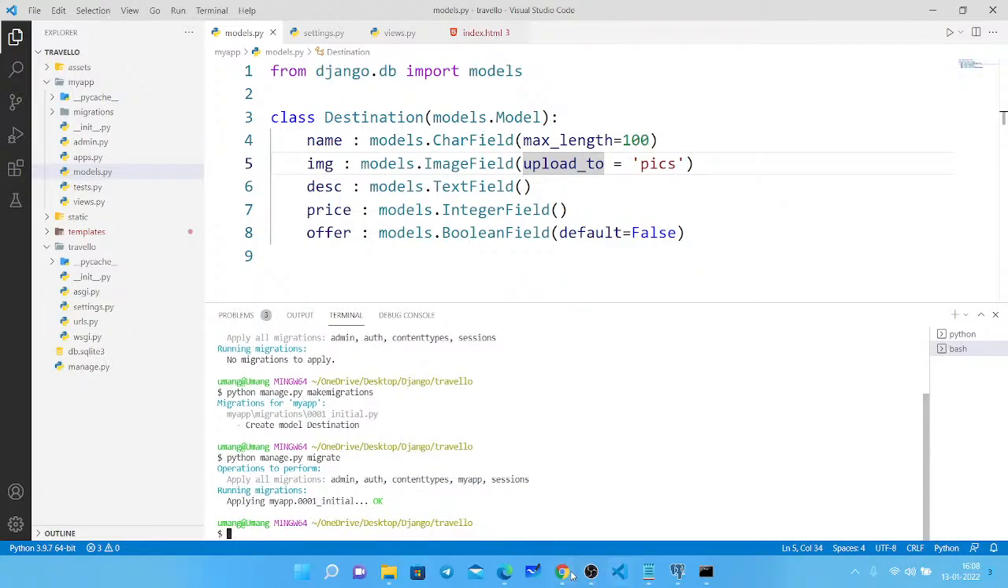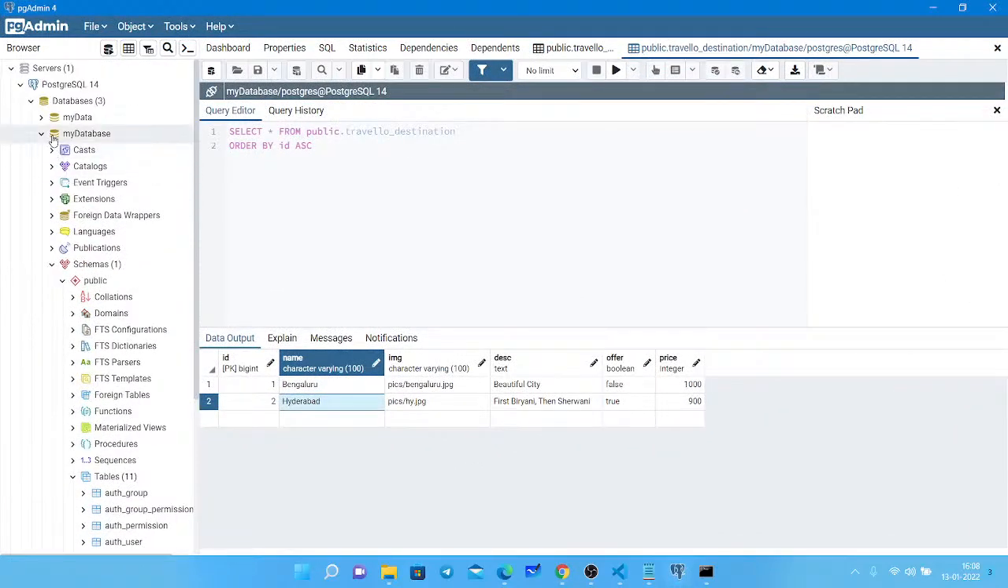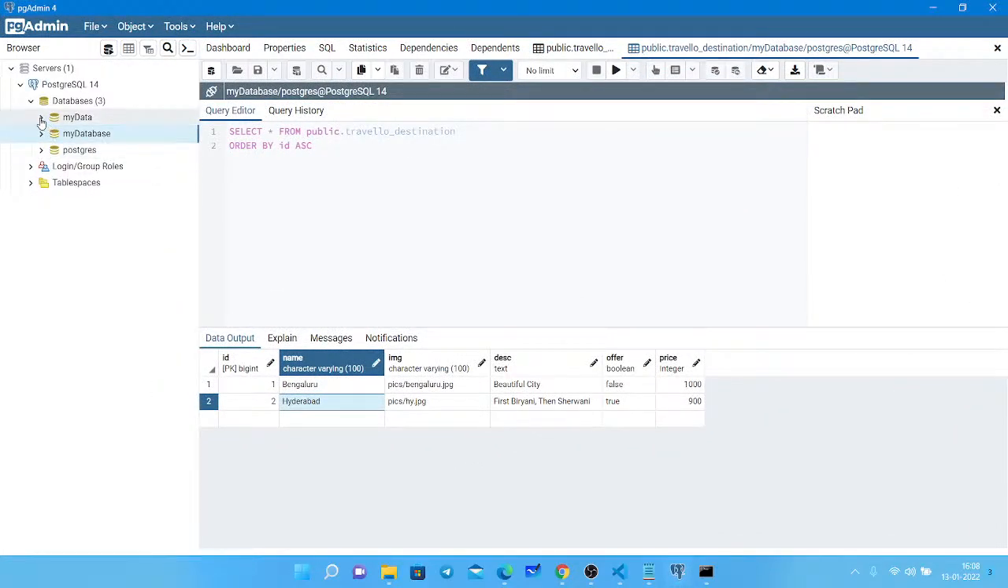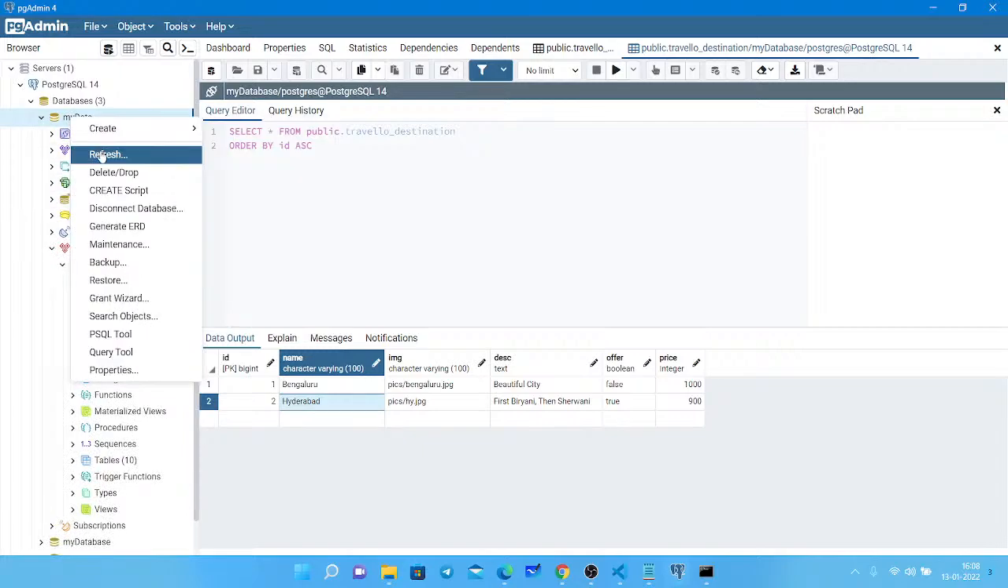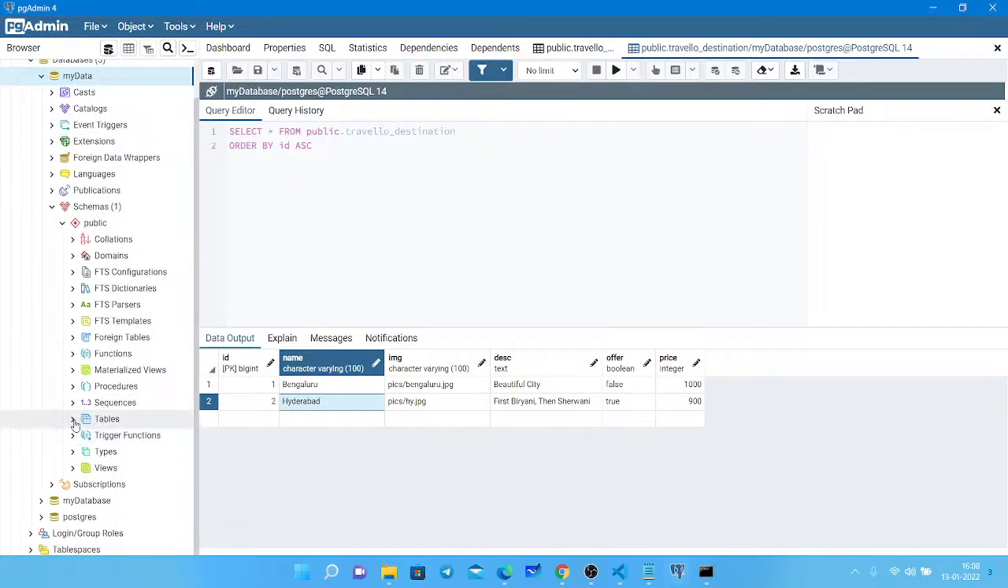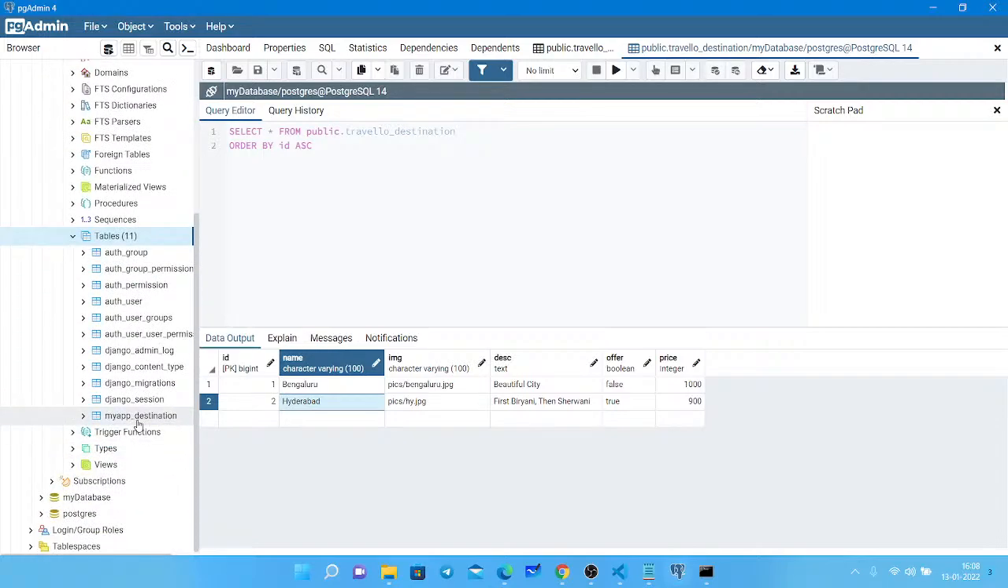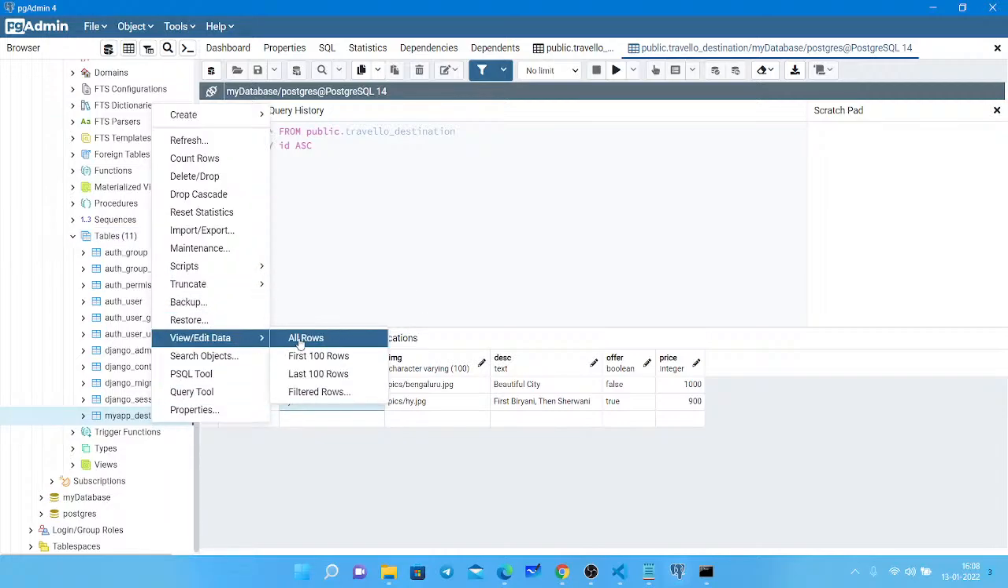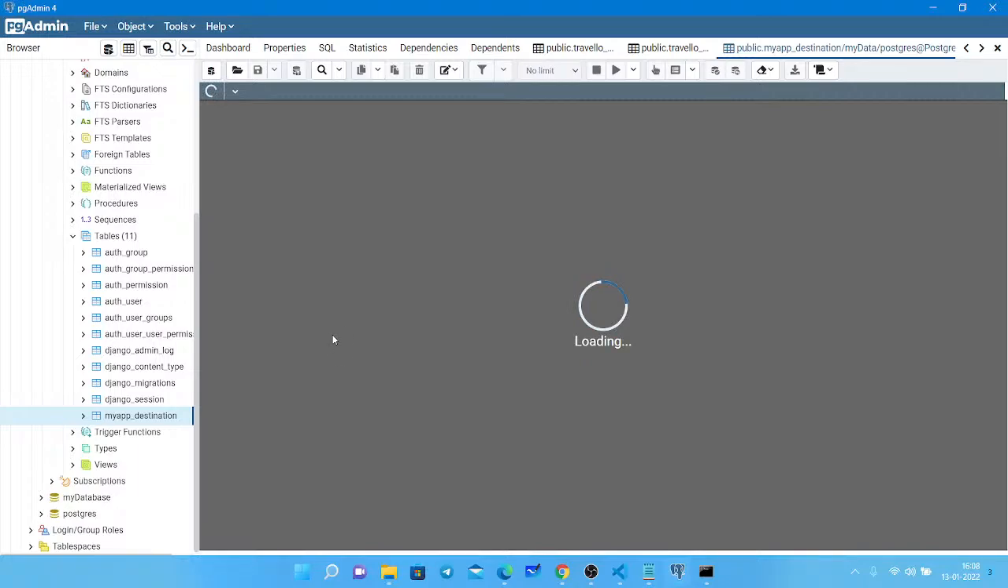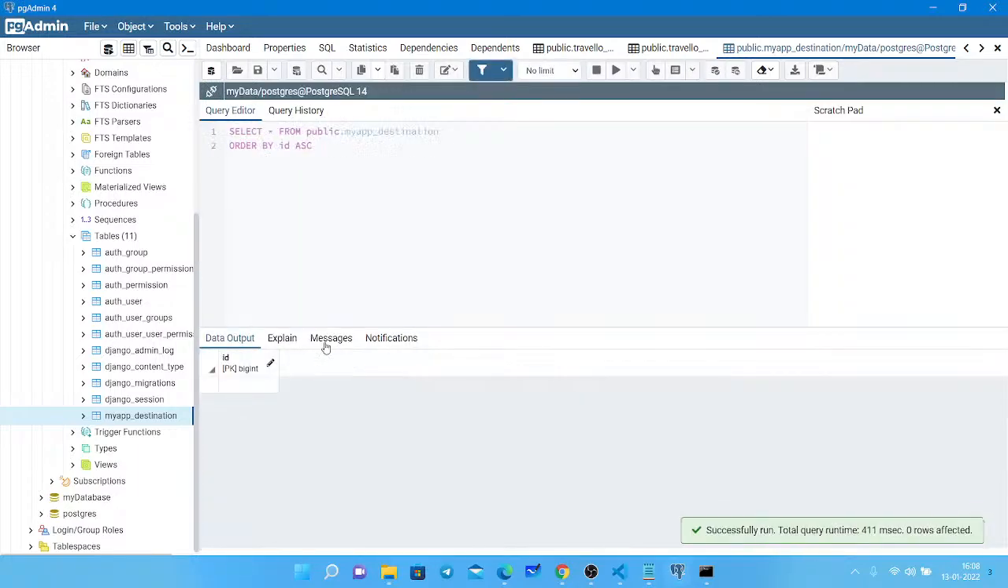okay, now if I go back to my pgAdmin, my data, I'll refresh my data, and you can see now my app_destination. This is what you got here. And if I right click here, view all rows, and see right now if you see here, we got only one column. How many columns we got here? Only one column we got here,